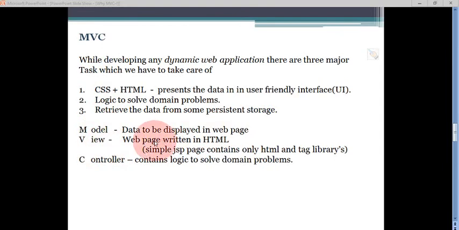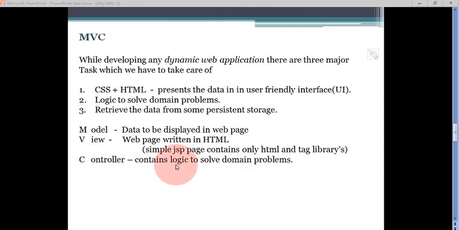View is your web page which is written in HTML. It will contain only HTML or the JSP tag libraries. And what is the controller? Controller contains all the Java code or all the logic to solve the domain problems.